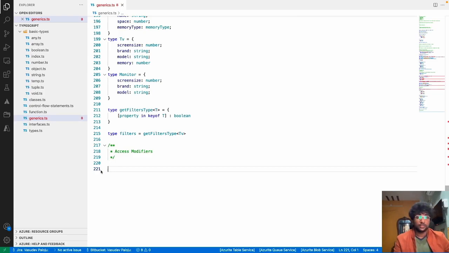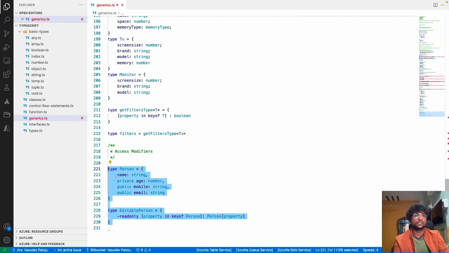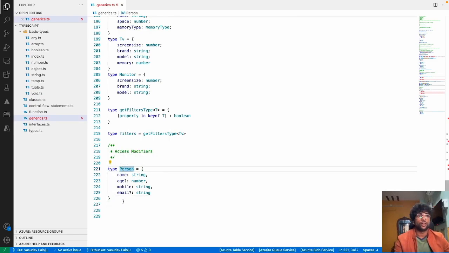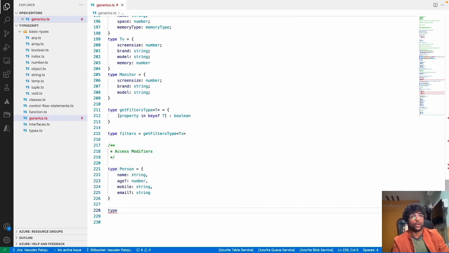Now the next thing is removing optional parameters. Let me remove this. Now I have made a few of the things optional on the website. So maybe when a user is editing his own form, these fields are optional, but when a user is filling a form or raises a complaint and we might need a few of the details like this, then in such cases we can derive a new one, that is strict person. It means this should contain all the data,